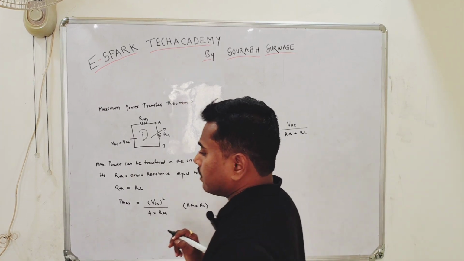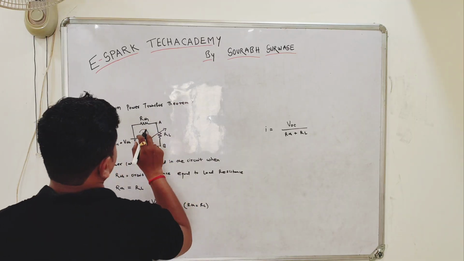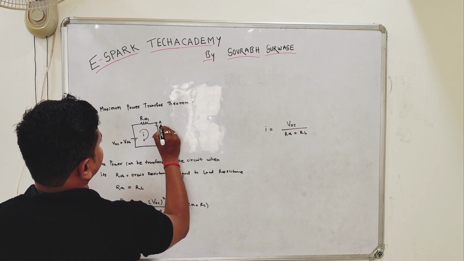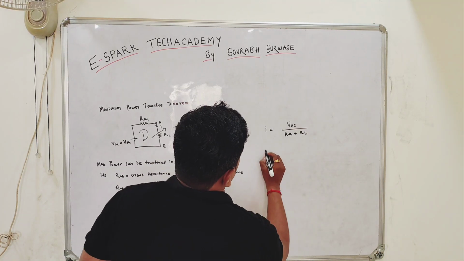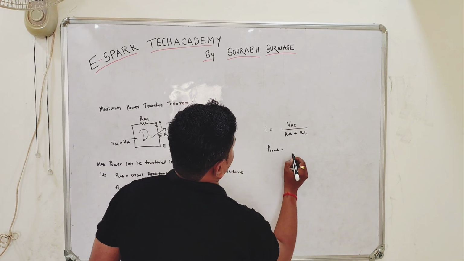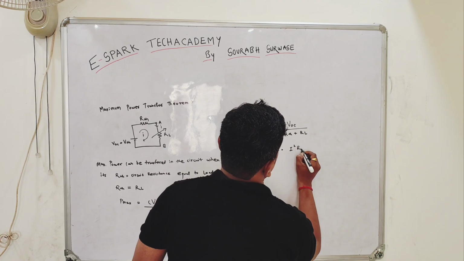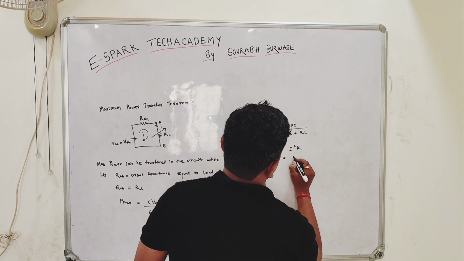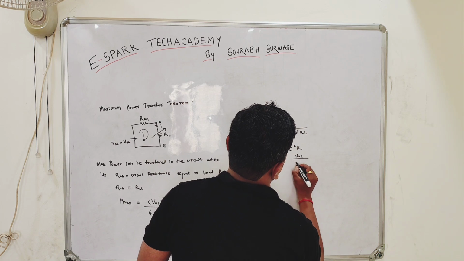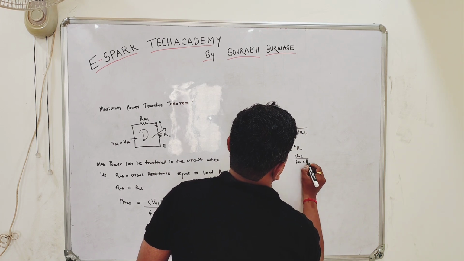The current flowing through this RL will also be I. Hence power P load equals I square R, where I is VOC divided by RTH plus RL